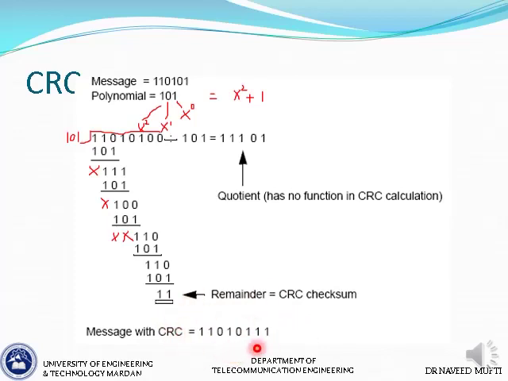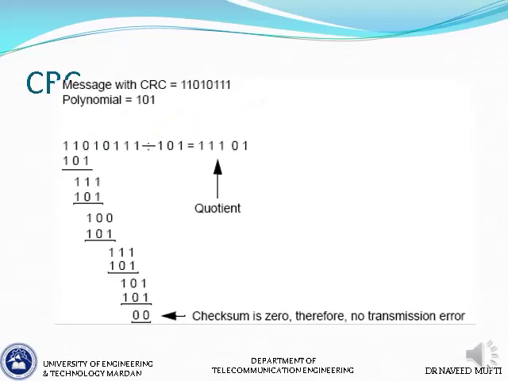Now this code word is transmitted. So as part of the encoding process, first we find the checksum, we append the checksum to the message, and then we transmit that code word, which is a combination of data bits and parity bits. So we've added 2 parity bits here. So that is how the encoding is done. Okay, so now we come to discuss the receiver. And with the receiver, you have to remember